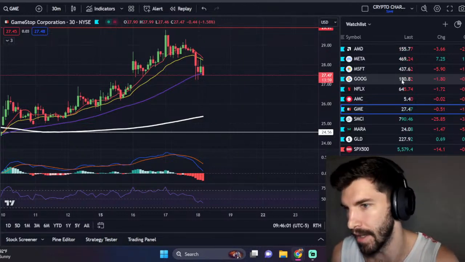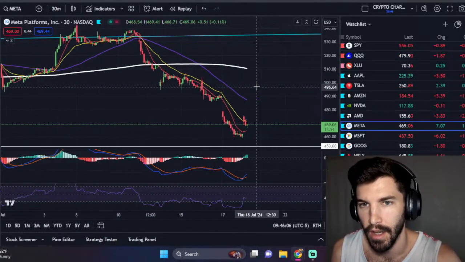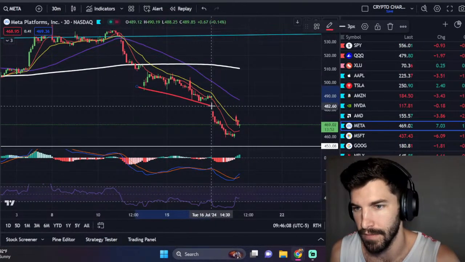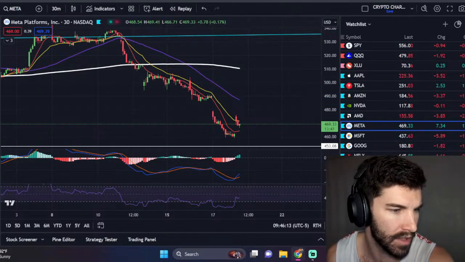One I haven't looked at was Meta. I want to look at Meta. Ooh, seeing the bounce back. Meta, weirdly enough, had the divergence here. Solid little setup there. I believe it was by that weekly expected move too, and it